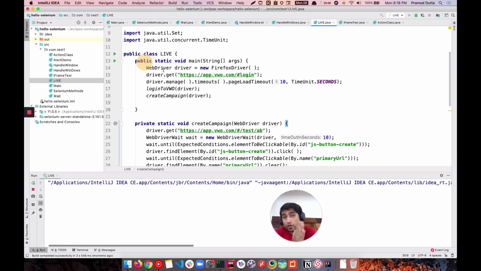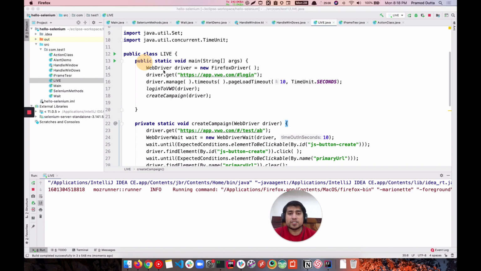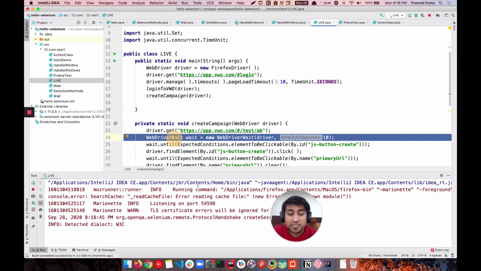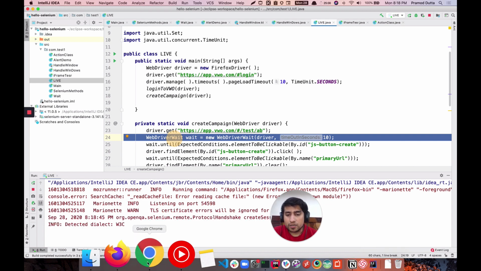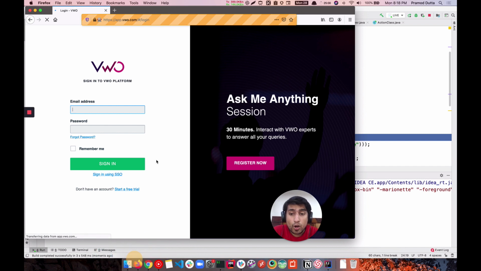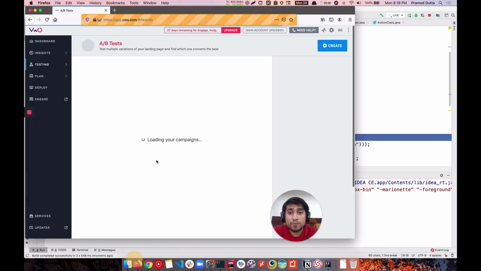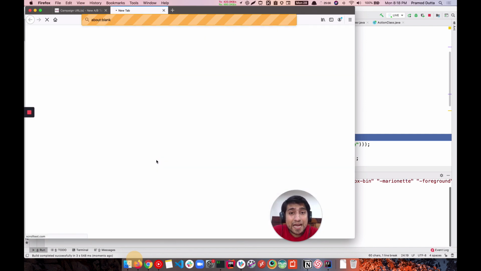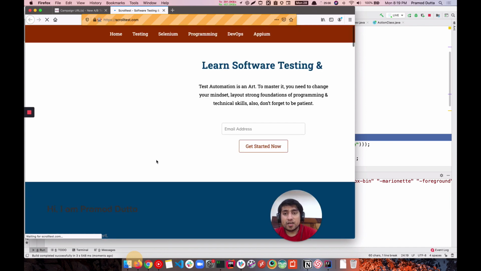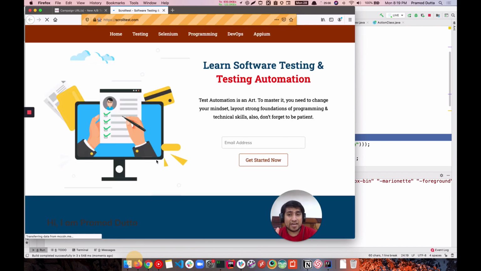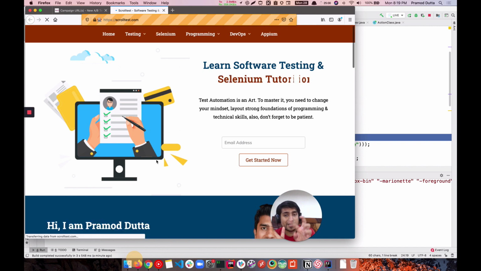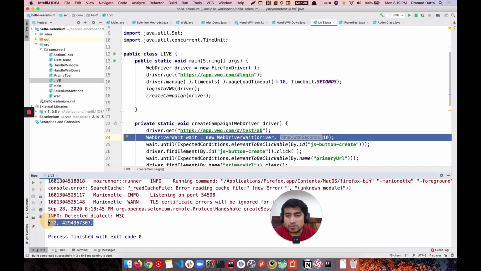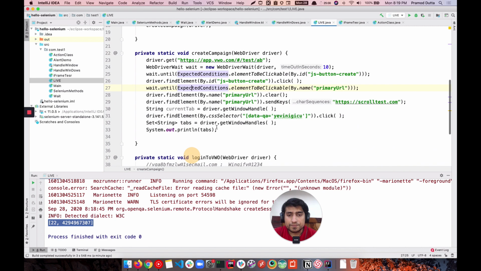And if you want to automate it, I will highly recommend that you automate that thing, right? Make sure you use WebDriverWait, because waits are required. This is an Angular website and waits are required. So right now, if you see, we are logging in. Login is successful. Going to that link, clicking on the create button, right? We'll enter scrolltest.com. Second tab, two tabs are open, multiple windows, right? And we have switched. Right now, if you see, we haven't switched in code, but right now in the UI we have switched it, right? But if you see, you have two tabs, which is here.